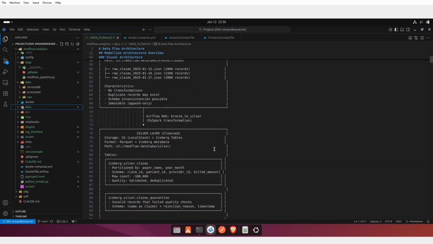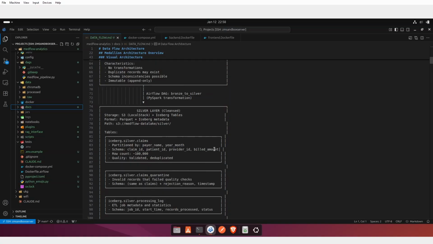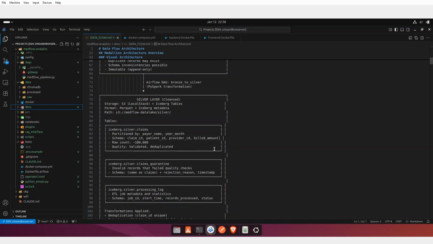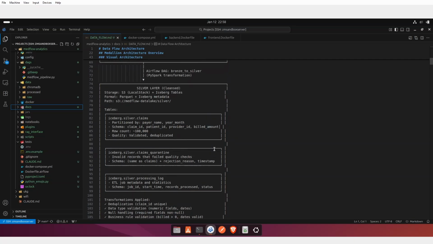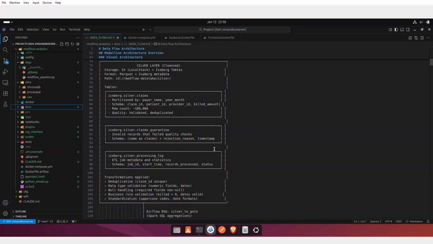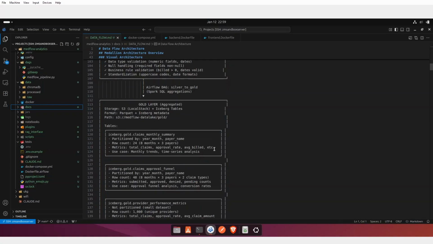And then from there, it gets moved into a silver layer, which is more cleaned up, in a Parquet format. And then you have your metadata that is also established using Iceberg. For the data lake catalog, we're using Postgres for our cataloging system, and all the schemas and tables and everything are defined within Iceberg. And then you have your gold layer, which is your aggregated rollups